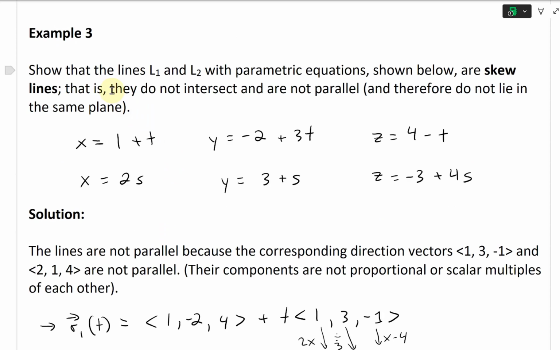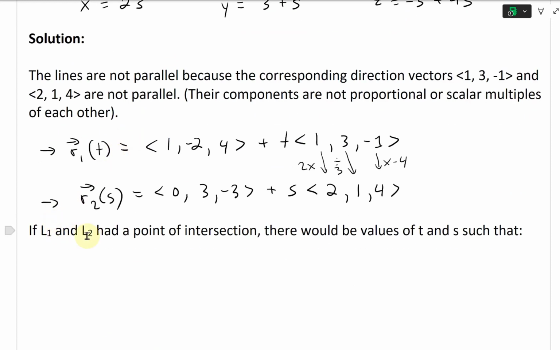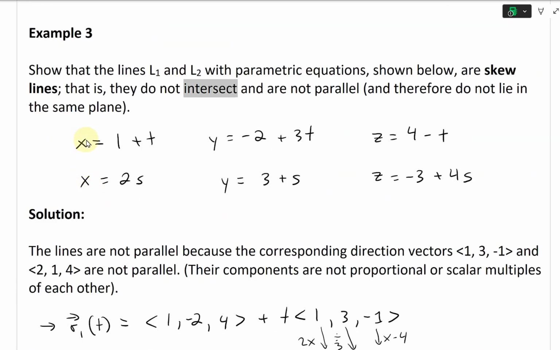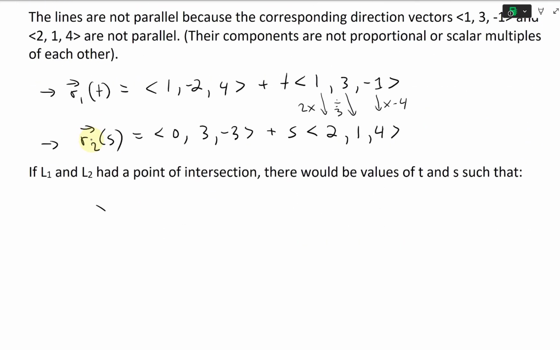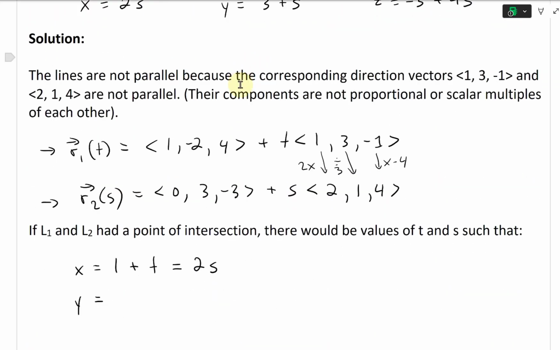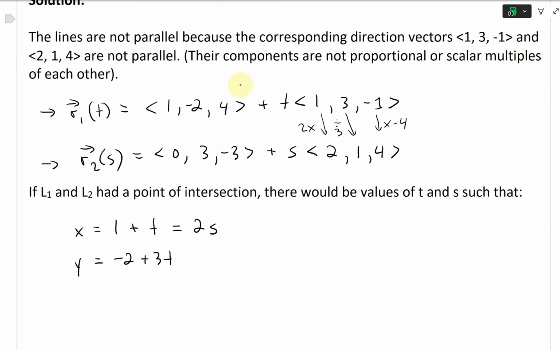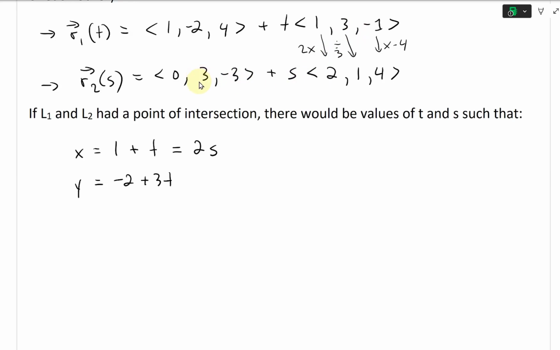So the next thing we have to do is show that they do not intersect. In other words, they don't share a point with the same values. If L1 and L2 had a point of intersection, there would be values of t and s such that all the x, y, z coordinates are the same. So we must have x: 1 plus t equals 2s, so the x's have to be equal. The next one is y: negative 2 plus 3t equals